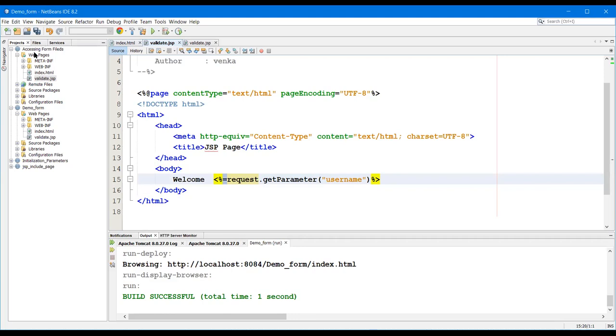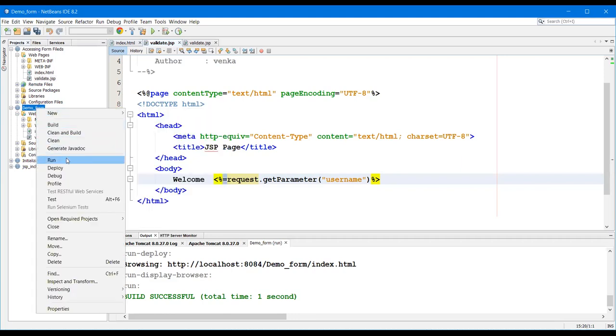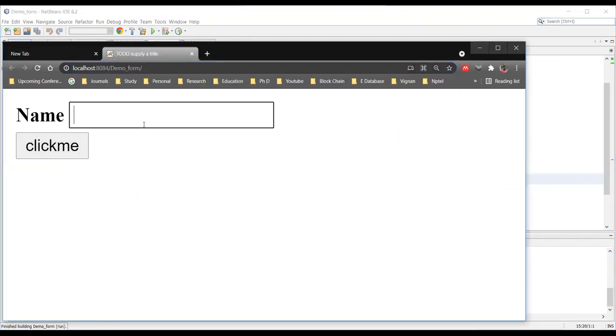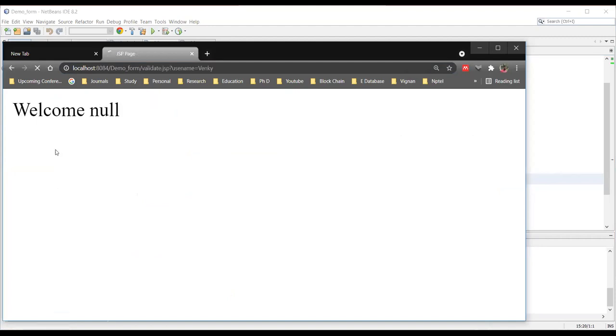So now I'm going to run this one. We have done the program. What is the output? Whatever name I give here, Venki, when I click Click Me, why is it getting null?